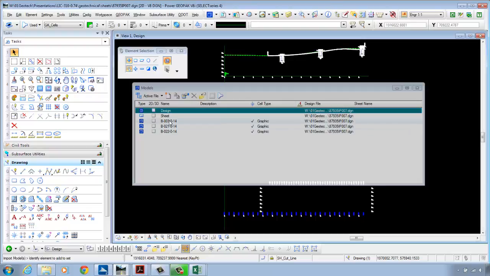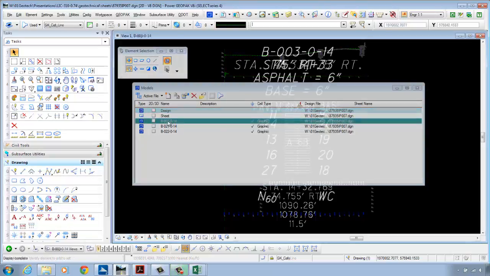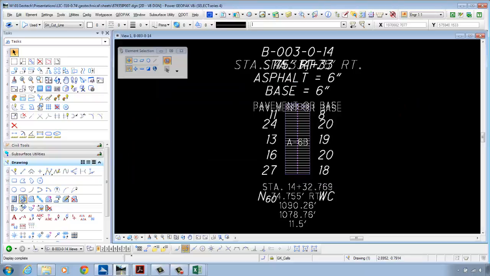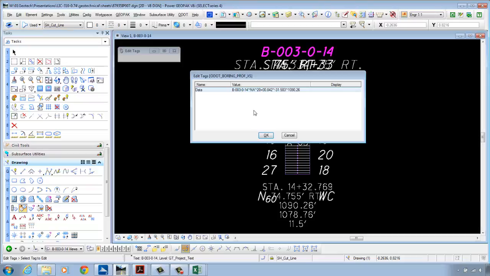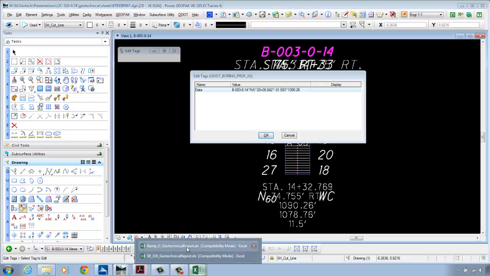Then we can just go over into the model for boring number 3 and edit the location information so that it references ramp D instead of the main line. I'm going to close this box and we'll edit the tag. That is the station and offset relative to State Route 310, and we want the station and offset relative to ramp D. So we'll just go back over in our spreadsheet,